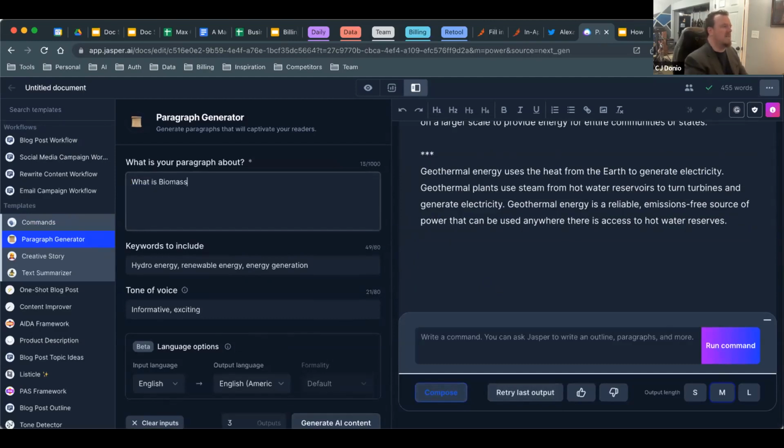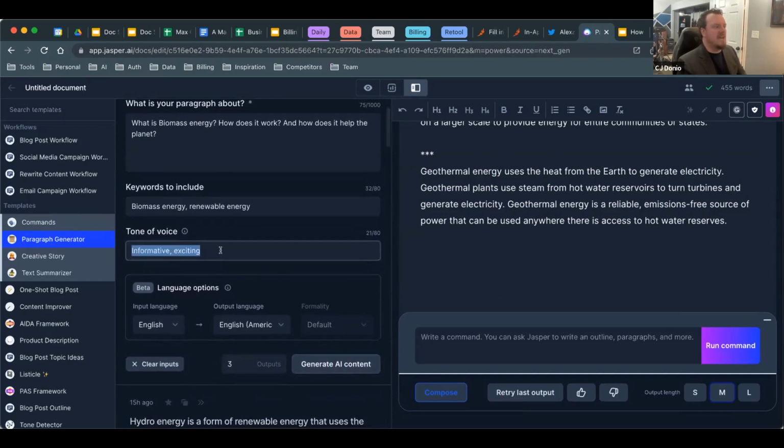What is biomass energy? How does it work? And how does it help the planet? And then again, I can come in here and say biomass energy, renewable energy. And then what's really cool is you can also do a tone of voice. So I can say, be informative. I could say,